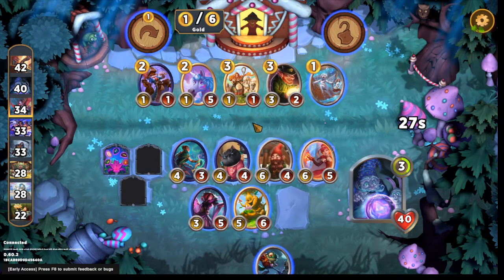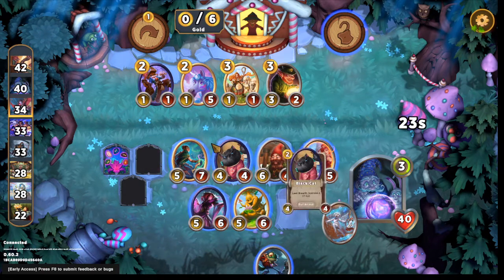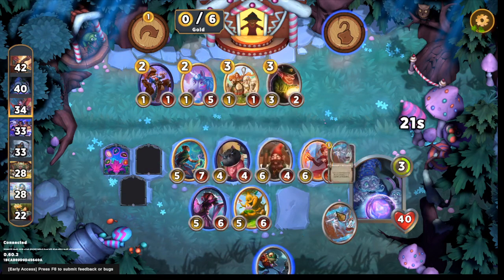Casting a spell does give us a big buff. You know what? Let's not worry about the cat. Let's just buff this. It's going to get a lot of attack. Giving it a little more health is good. And I think